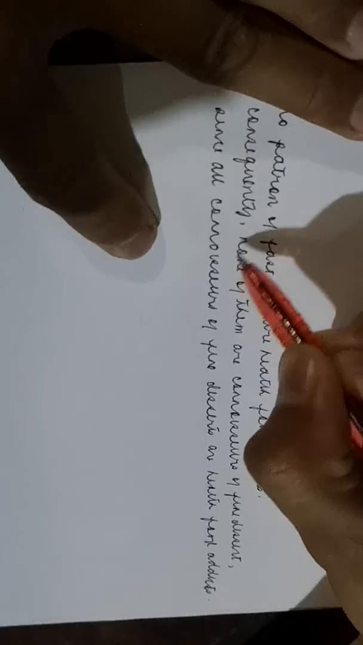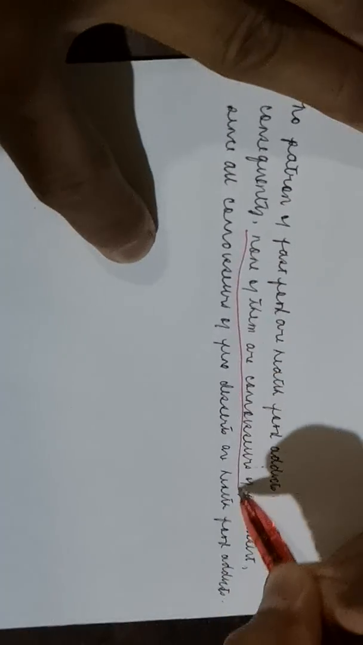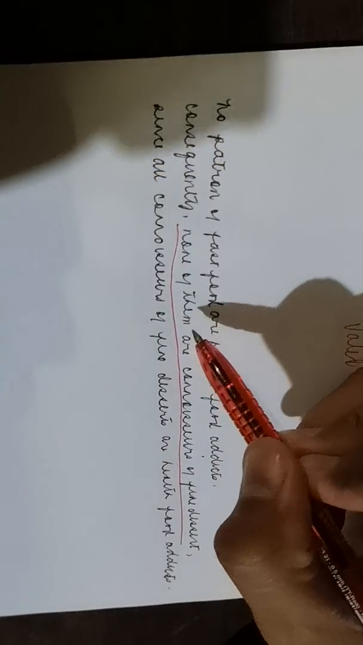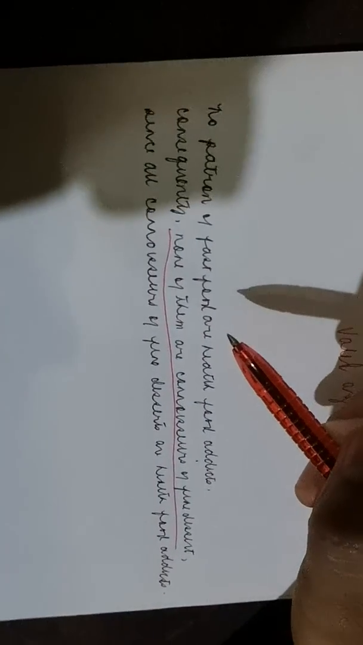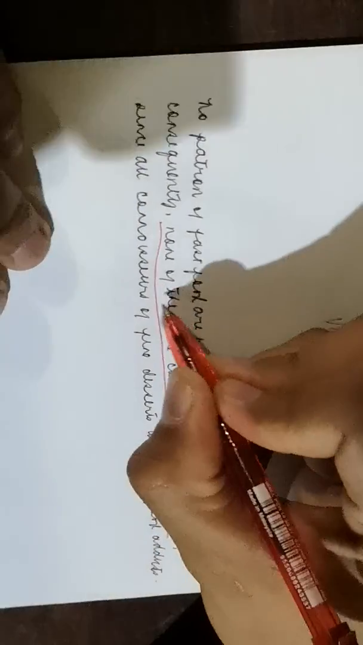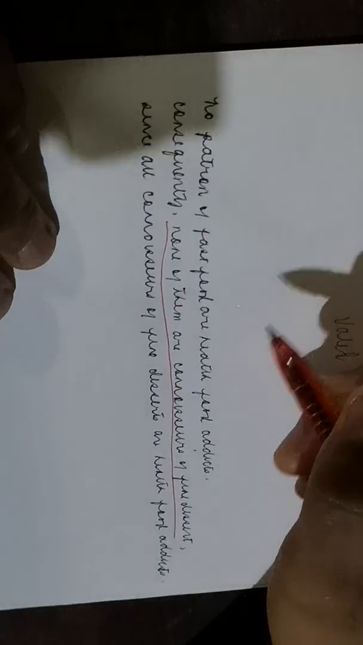So let's have one more example. No patron of fast food are health food addicts. Consequently, none of them are connoisseurs of fine dessert, since all connoisseurs of fine dessert are health food addicts. So our conclusion is, consequently, none of them are connoisseurs of fine dessert. That's our conclusion. Now, when we say none of them, what do you mean by them? So that would be no patron of fast food are connoisseurs of fine dessert. The them here refers to the patron of fast food